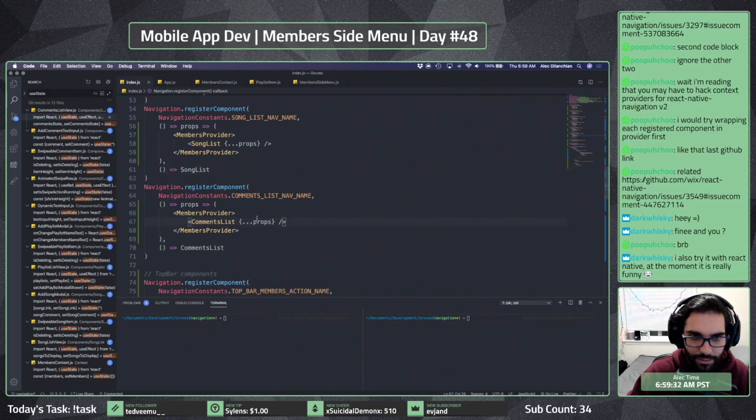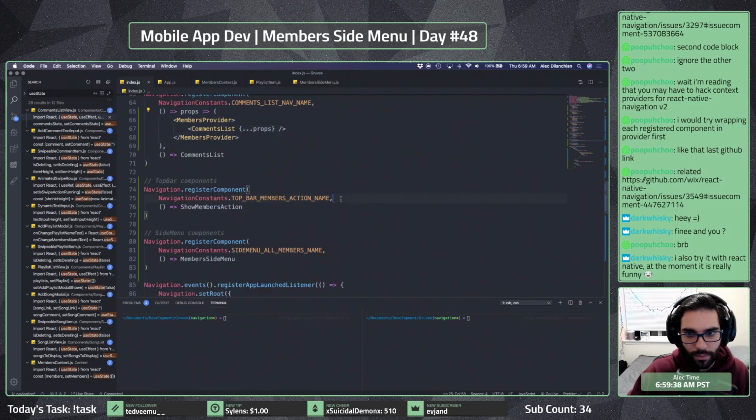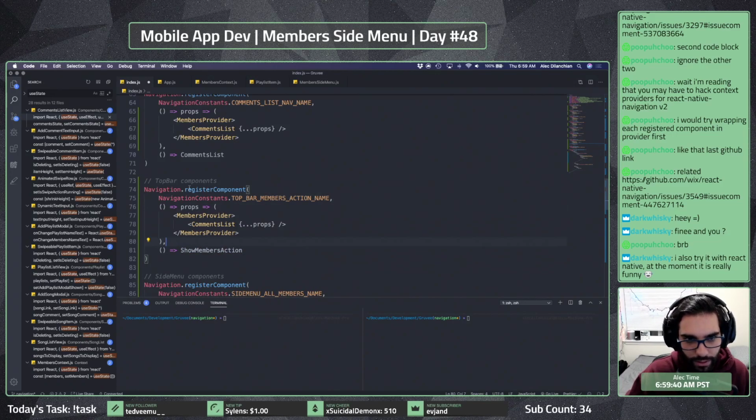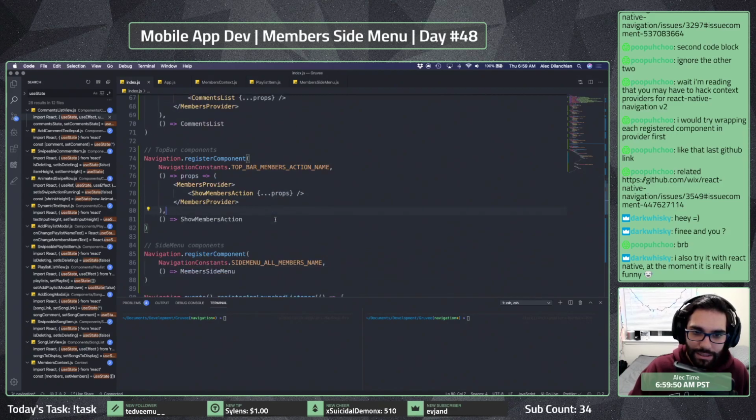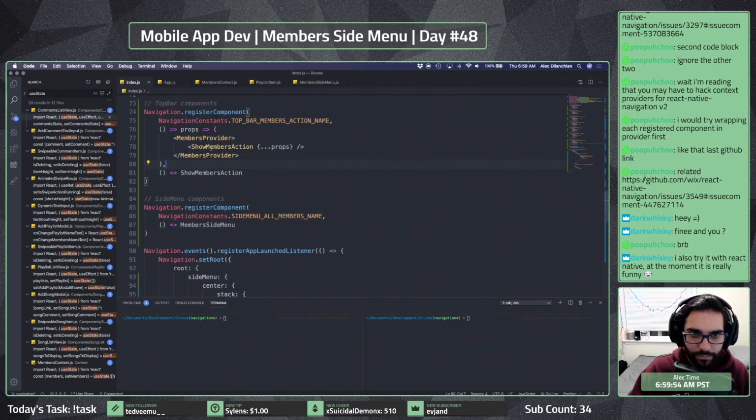Comments list. And then top bar. Show members action is the one that we want. That's where we want all the data to be. Oh, I'm sorry, inside menu.